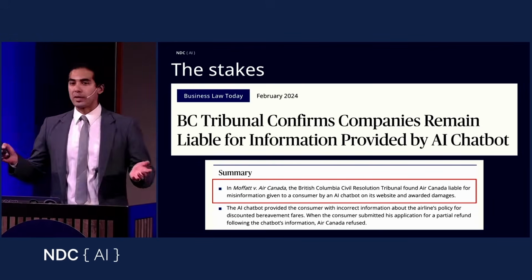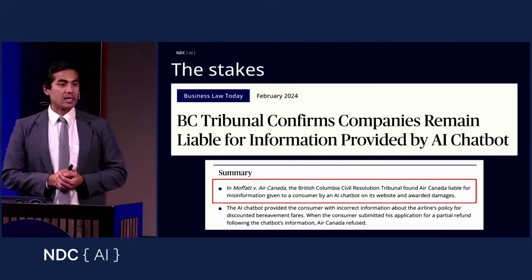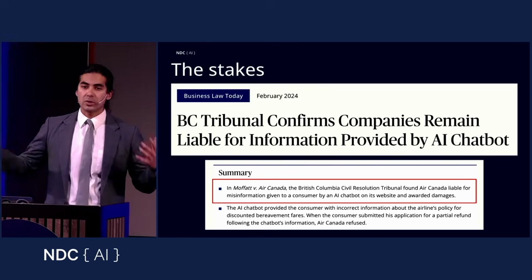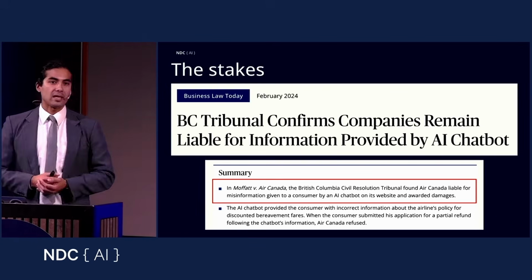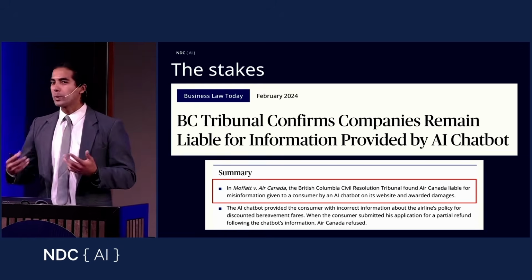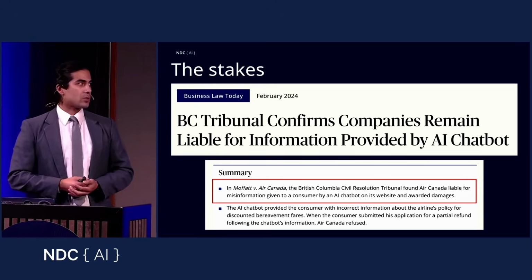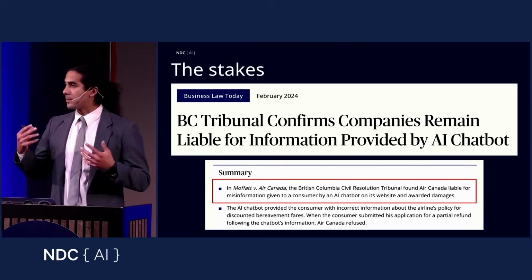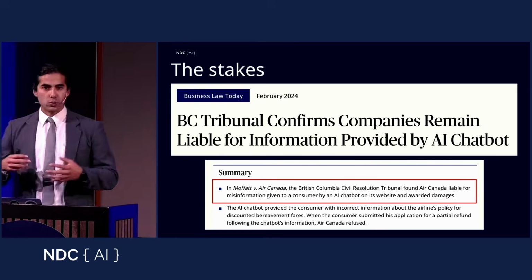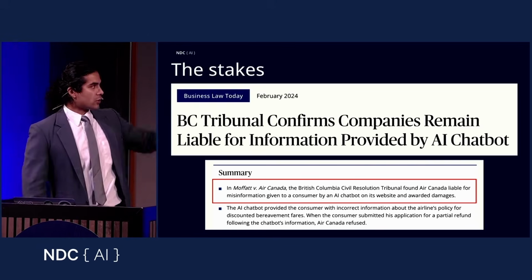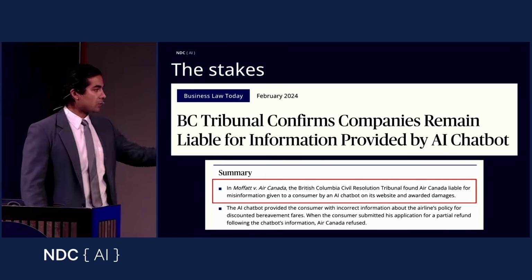AI is everywhere, and the stakes are very high. A few years ago, the risks that AI posed were a little bit theoretical. But now we're at the stage where there are real legal and financial things at stake. This is just one example, Moffatt v.